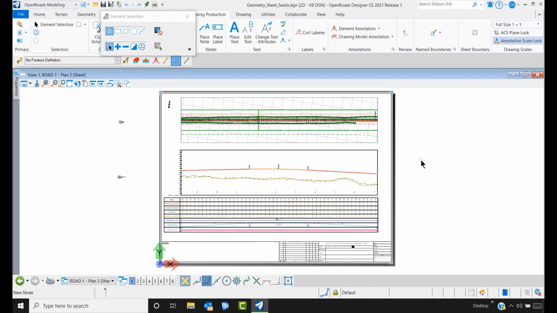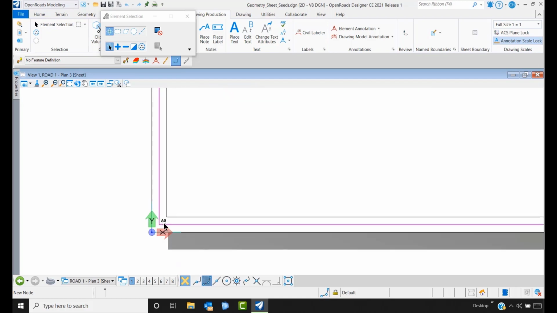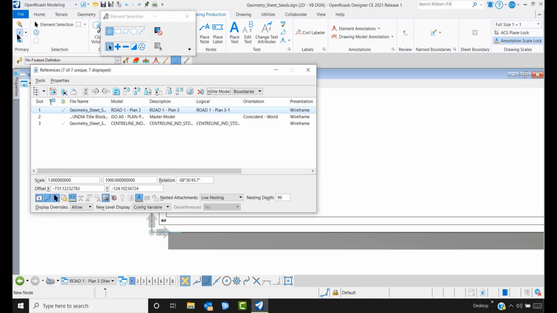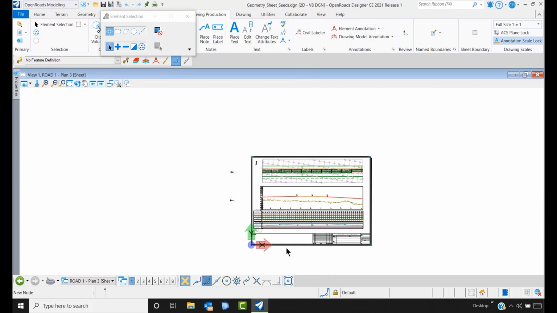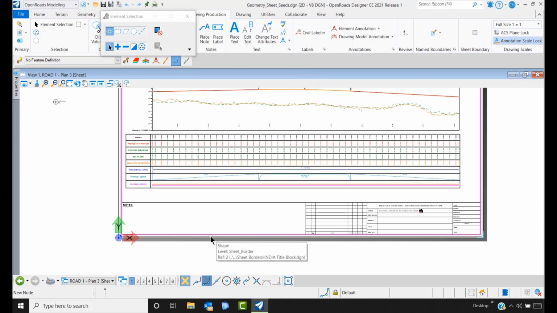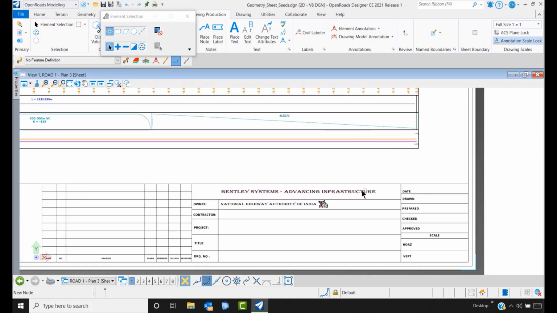Okay, once these have been generated, like I said, we also had a title block. That's where you have seen the title blocks over here, which is a reference file, which is an enhancement from the earlier release, which was a cell file that we couldn't edit. So now we can change the title block based on the requirement of your organization. You could either attach your reference of the sheet size that your organization might be using, or else you could continue with the same reference title block sheets, and if you want to make any particular changes to this,